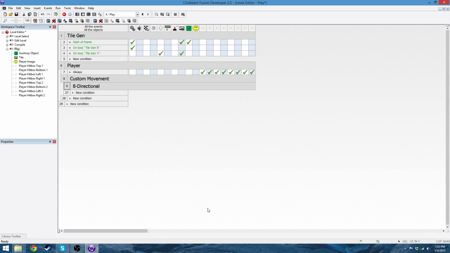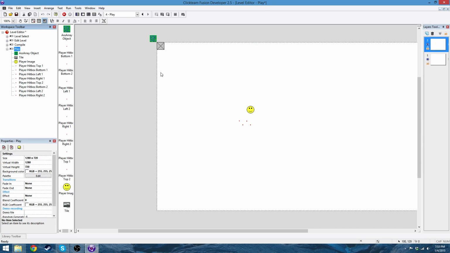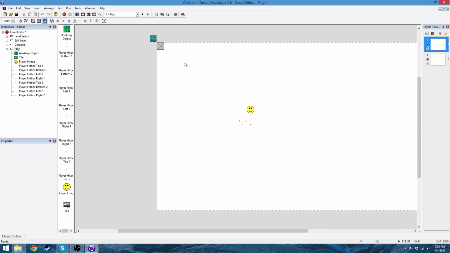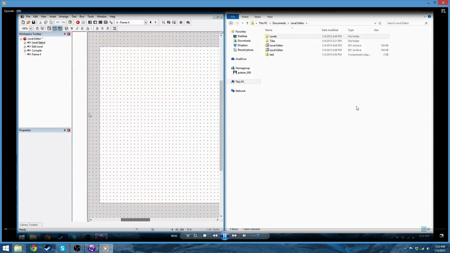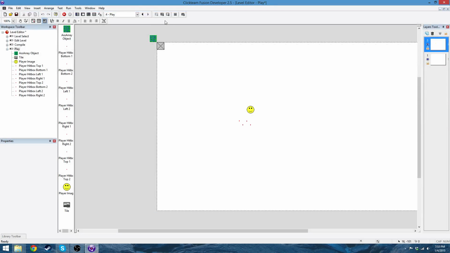Hey guys, this is the 7th episode of my level editor tutorial series, where in my last episode I went over how to do directional movement for the playing of your level. I'm going to really quickly just see how long it is. Yeah, so it also goes over how to